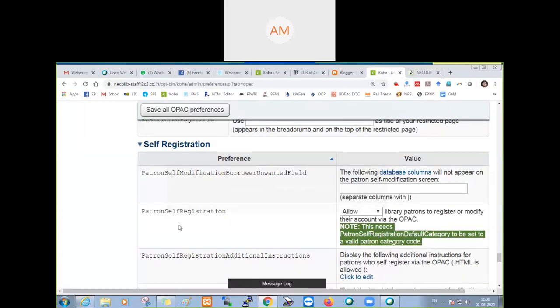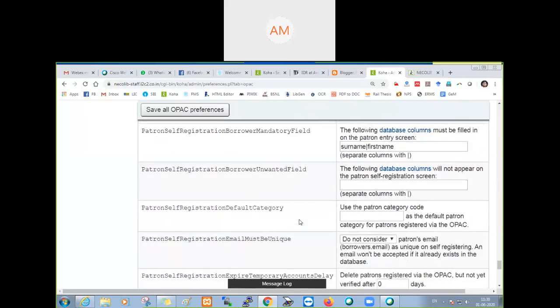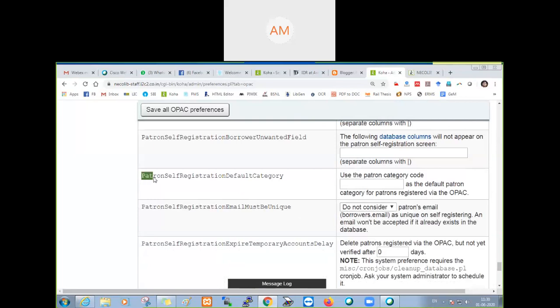It means whenever a patron starts to register, the system should know which category that particular user is.